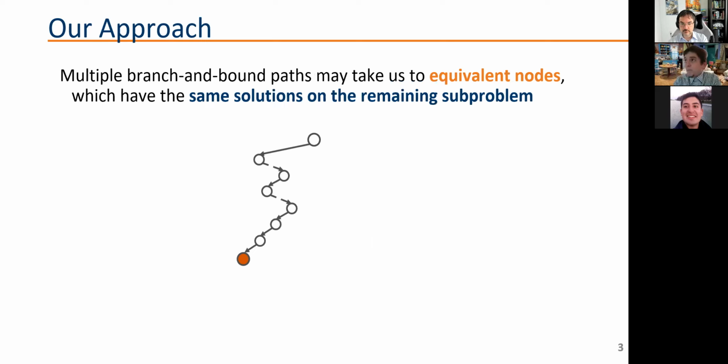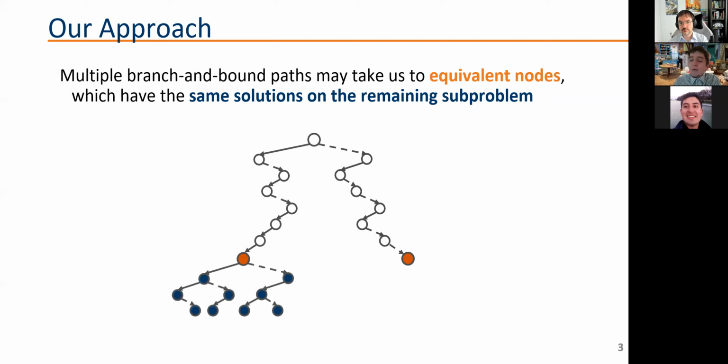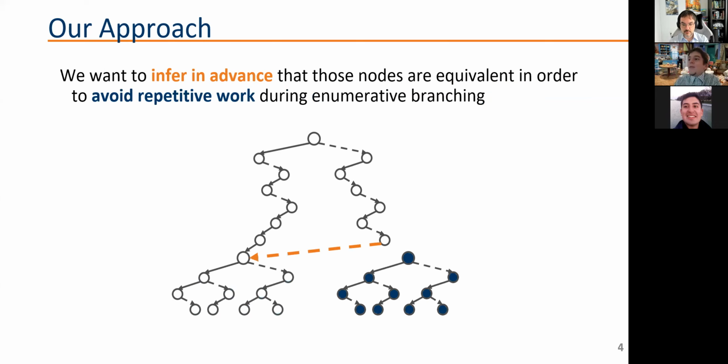And it's possible that if you just explore different trajectories in a branch and bound tree, you may come across nodes from which the solutions on the remaining subproblem could be exactly the same. And that's a point where at least it bothers me a lot to think that we can do better than that. And my dream is that we can do something like this, that we can identify that we're about to